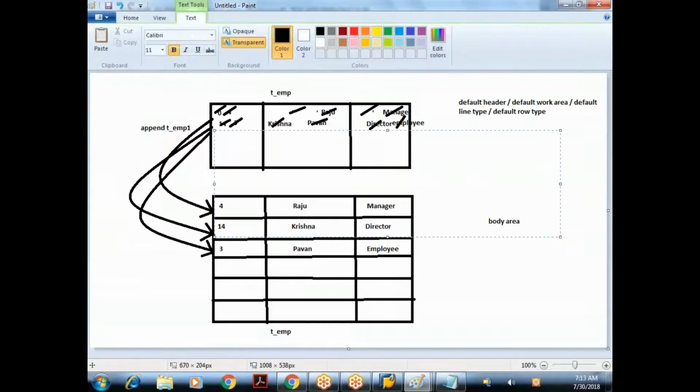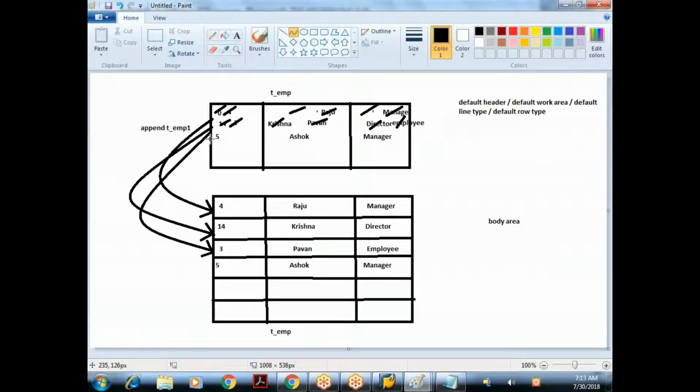So 5, Ashok, and Manager. The data would be assigned to the header. From the header it is appended to the end of the internal table. So 5, Ashok, and Manager. The data is copied from the header to the end of the internal table. Done. So as of now my internal table contains what?